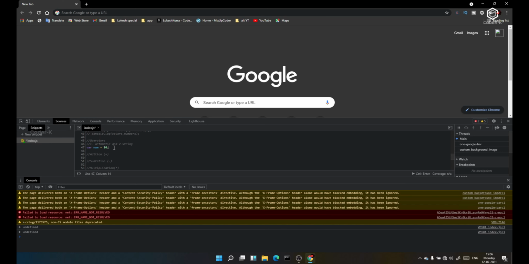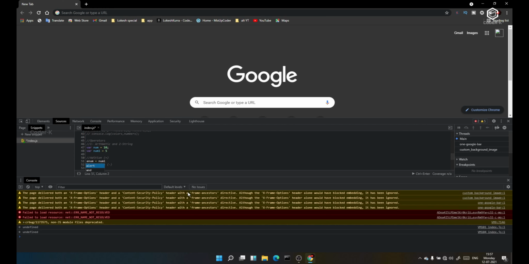Let me have num, and also var num1 is equal to 5. Here num plus num1 is known as addition. This plus sign indicates the addition symbol.